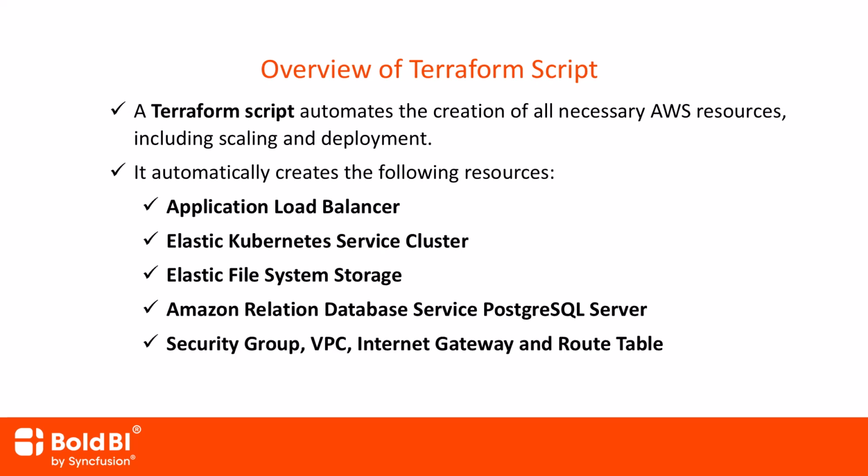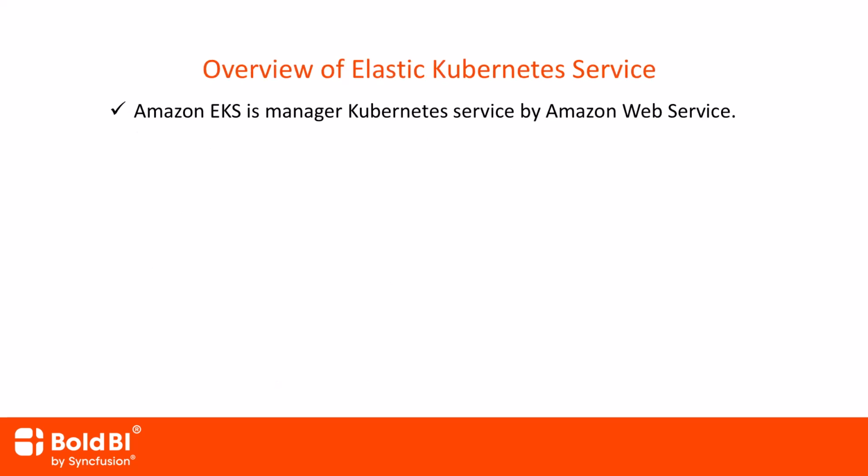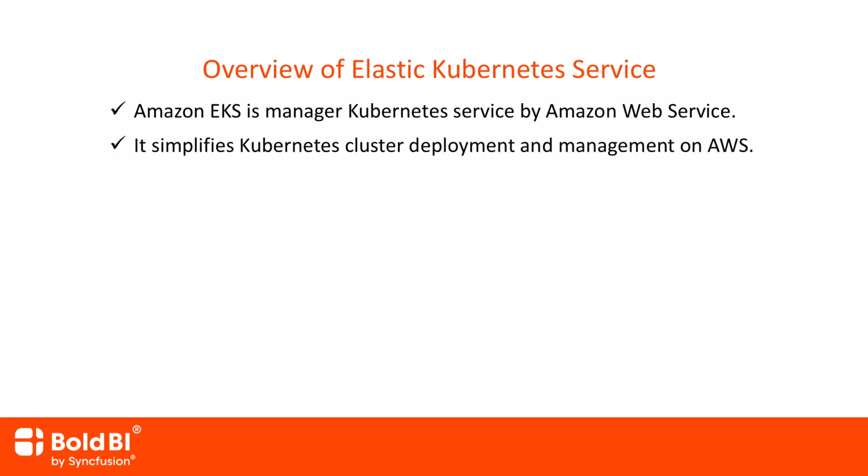Security Group, VPC, Internet Gateway, and Route Table define and control networking and access rules for secure communication. Domain Mapping Entry on Route 53 routes domain traffic to the Application Load Balancer for your application. EKS is a managed Kubernetes service provided by Amazon Web Services. It simplifies the process of running Kubernetes clusters on AWS, allowing users to focus on their application rather than managing